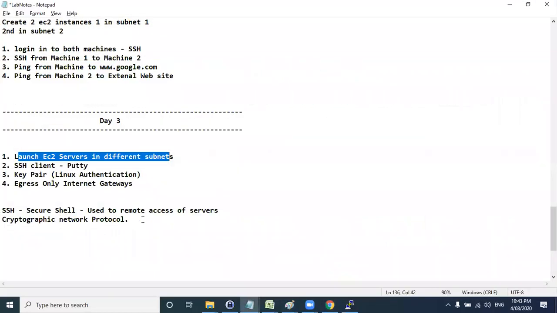So one mistake everyone makes here is, when they say 750 hours is free for one machine, right? If you divide 750 by 24, you will have around 31 days, 31.25 days. This is when you're launching a single instance.